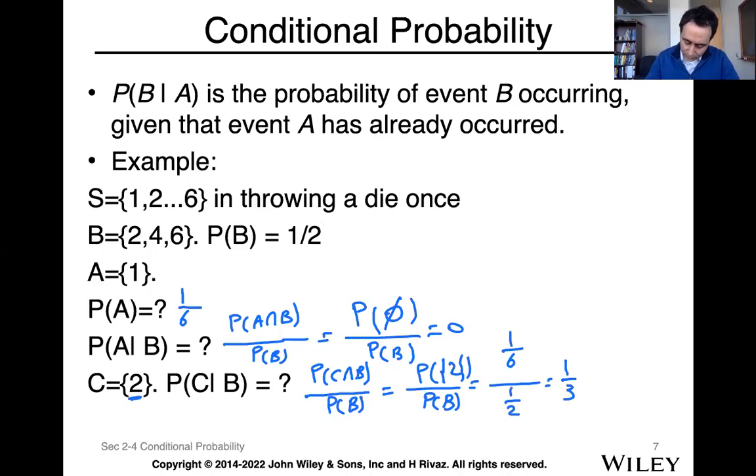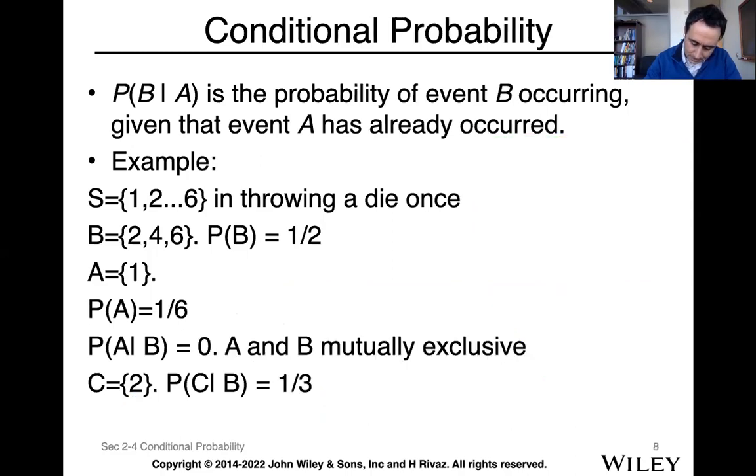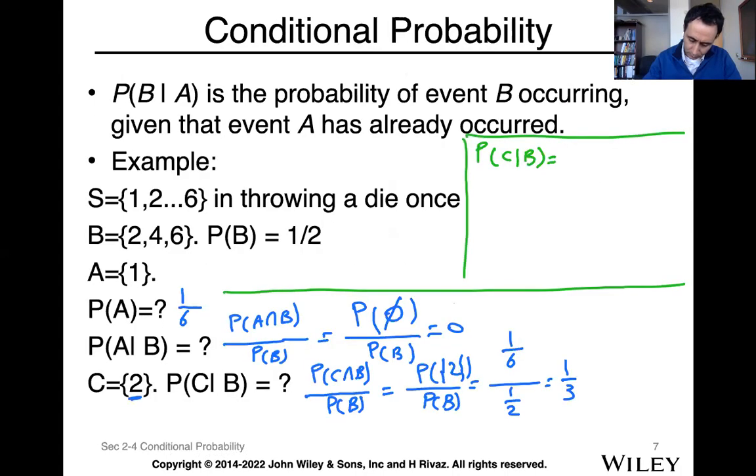There's another way to solve this question. And the other way entails using the definition of, so I'm going to basically solve it here in this box. So P of C given B is, oops, did I lose all of that? Yeah, I guess I did lose all of them. Oh no, okay. So P of C given B is equal to